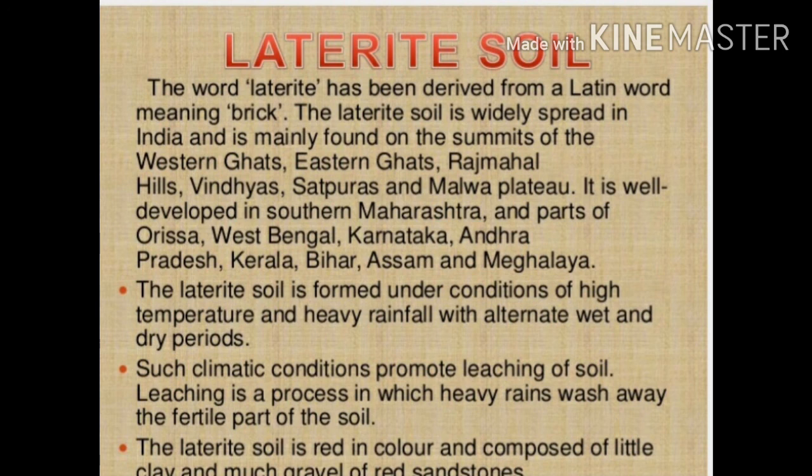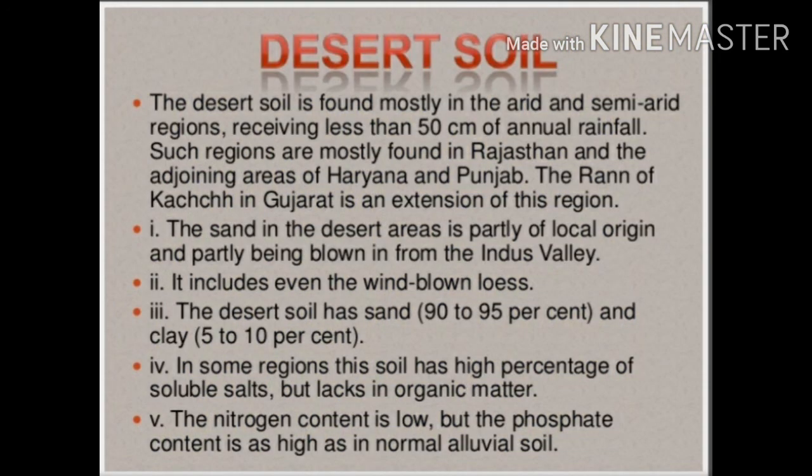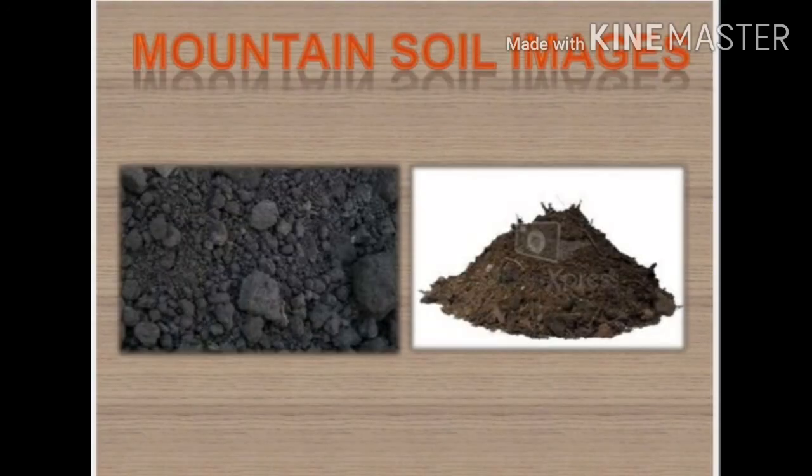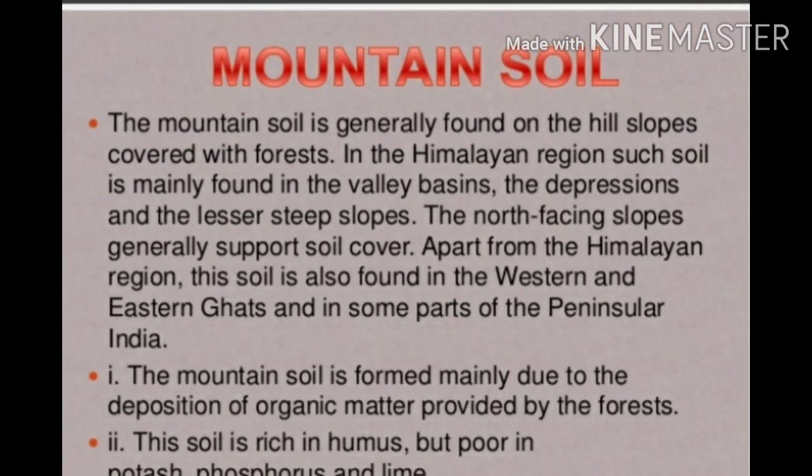Such climatic conditions promote leaching of soil, which is a process whereby heavy rains wash away the fertile part of the soil. This kind of soil is usually poor in its quality. Next is the desert soil, which, as the name itself suggests, is found mostly in the arid and semi-arid regions of the country. And the last type of soil found in India is the mountain soil, which is